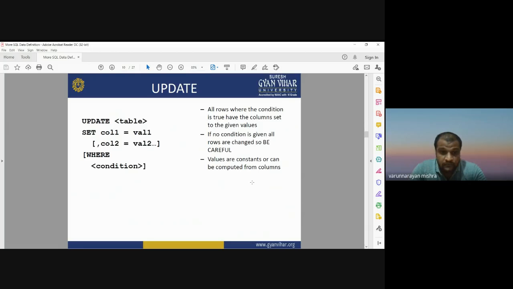Okay, and if you are not providing any condition, then it will change the entire values in your column. For that, you have to define the exact column number or exact row number. If you have not defined the exact column number or exact row number, then it will change the entire values in the given table. Okay, so the values are constants or can be computed from the column.